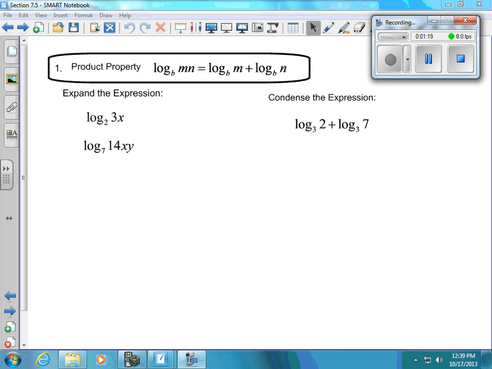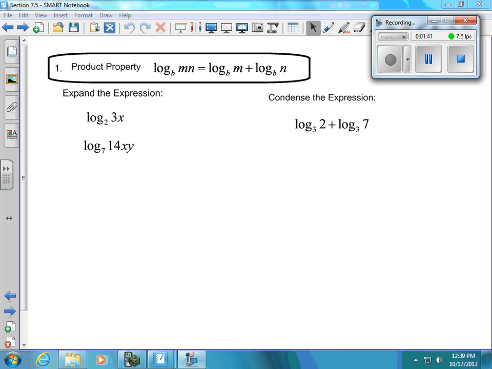So the product property in this case says if we have two things being multiplied and they're inside the same logarithm, we can split up each factor and add them together under their separate own logarithm, or vice versa. We can work right to left, so to speak. If we have two separate logarithms of the same base being added, we can combine them by multiplying those m and n